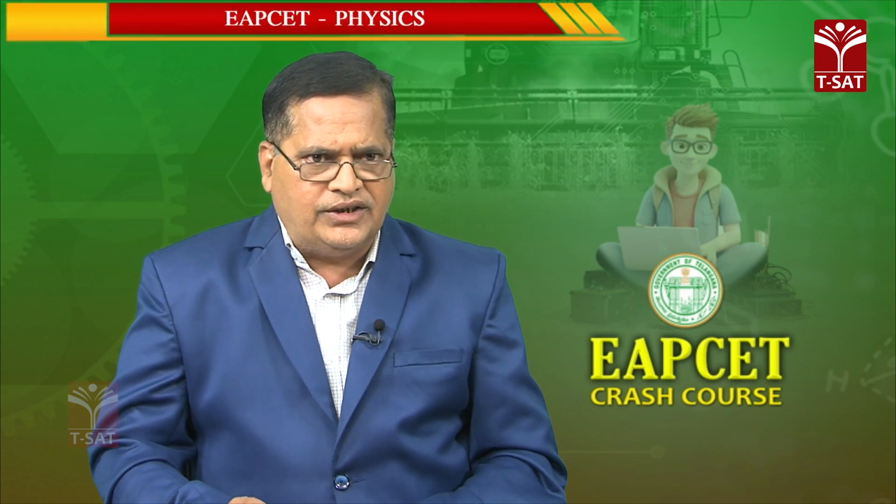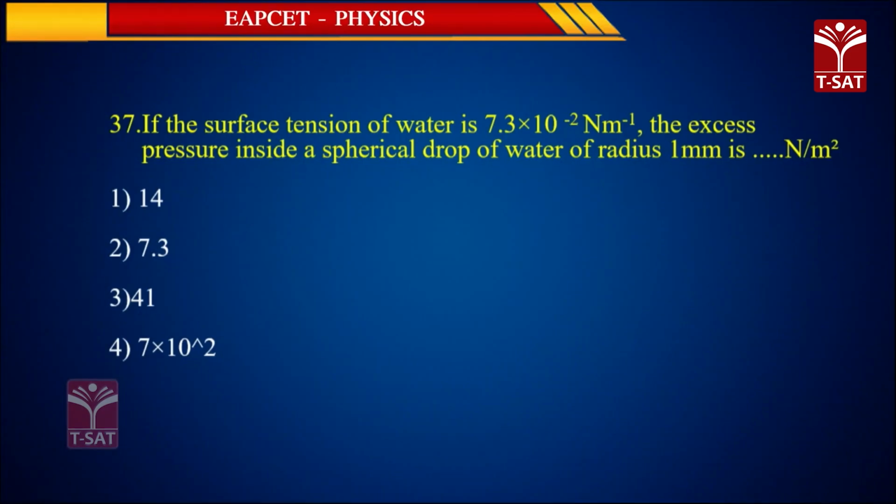And next here, this question you see that children, the surface tension of water is 7.3 into 10 to the power minus 2 Newton per meter square. The excess pressure inside the spherical drop